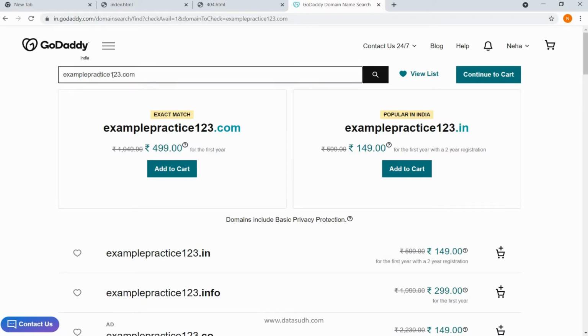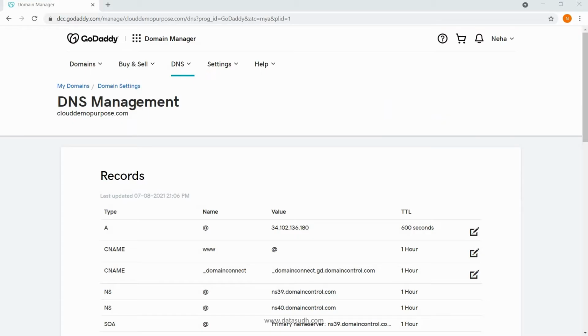If you are entering a domain name which is not already taken or assigned to some other individual, then you will see an option like this, that this domain name is available and you can add to cart and purchase it. In my case I already have one domain name available and I am going to use that. So let's go ahead with that.